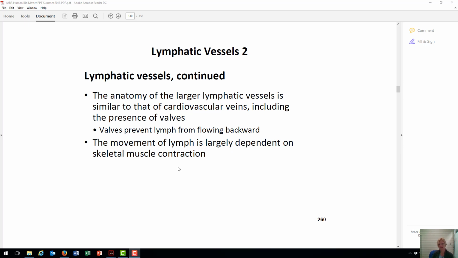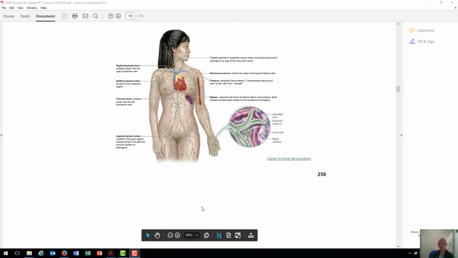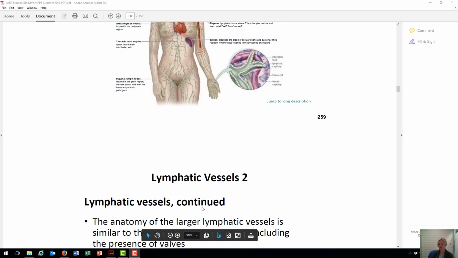So the way to get that lymph flowing from, say, the lower part of the body upward toward where it's going to return to the blood supply at the subclavian vein here, it requires skeletal muscle contraction to move that lymph from the lower legs up into the bloodstream again. So that's why it's so important that our patients get up and walk around, or that we ourselves get good, basic activity during the day, because it helps our lymph move throughout our body,